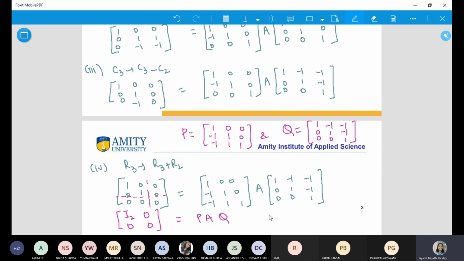Okay, ma'am. Suppose instead of this, you got this. Possibility is there, right? I got the same I2. That's okay. But you must have got one upper triangular and one lower triangular. Yes, ma'am, I got this. And the second thing, you need to check that their determinant should not be 0. If you are doing it correctly, your determinant P and determinant Q will not be 0.